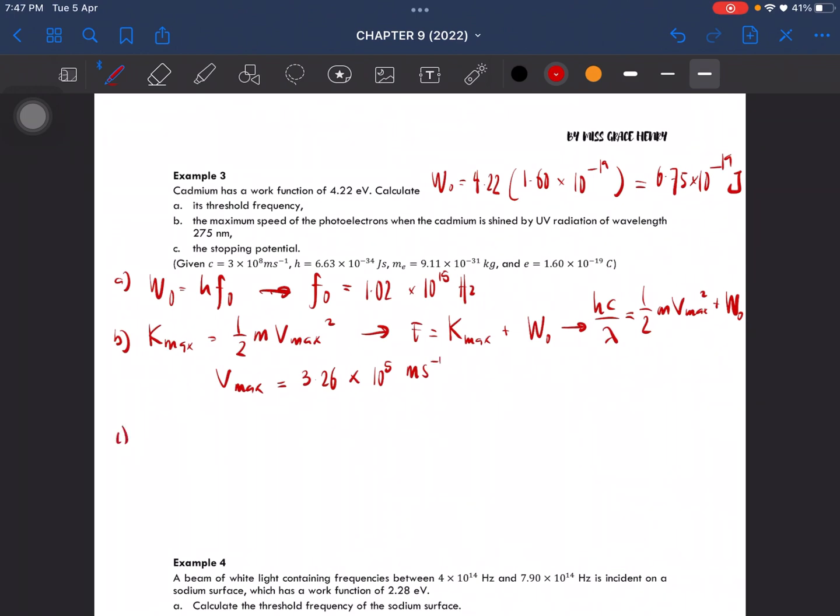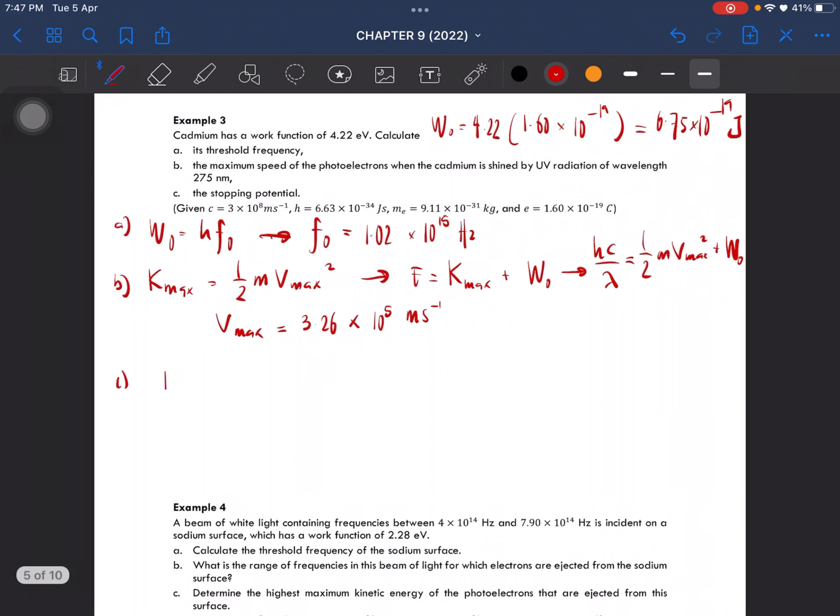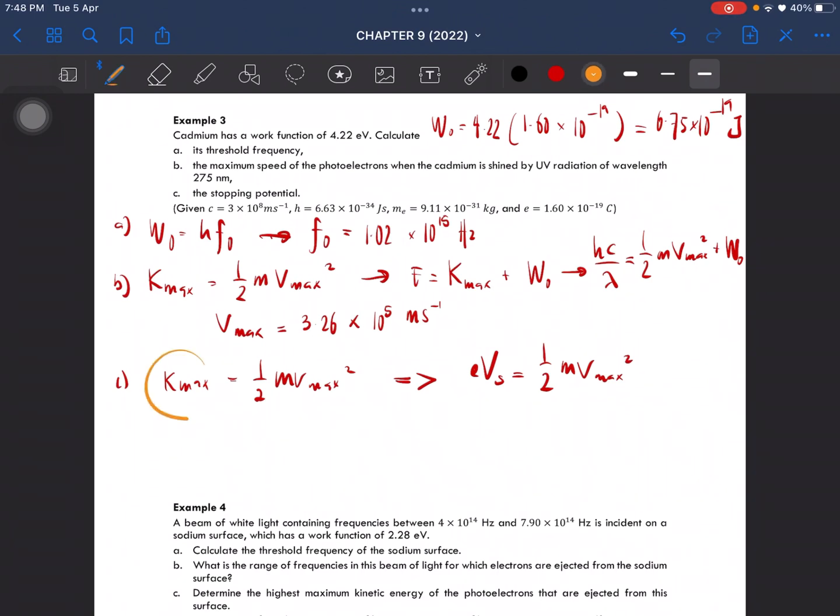Okay, and then the last question, the stopping potential is just given by the kinetic energy, where the kinetic energy is going to be equal to the stopping potential times e, equal to half m v max squared. What I did is basically change this to eVs, another equation for kinetic energy. Then you will get the stopping potential to be equal to